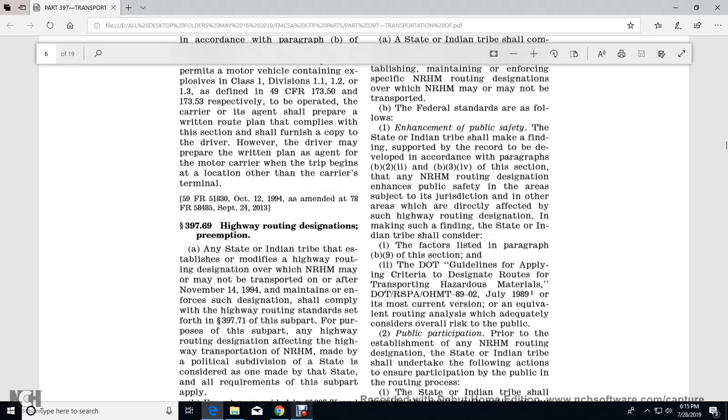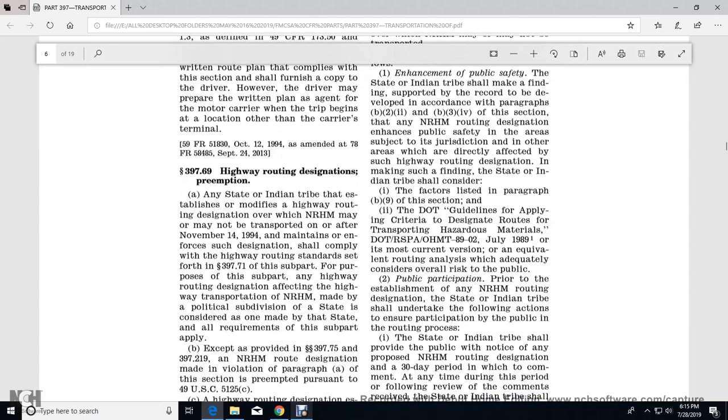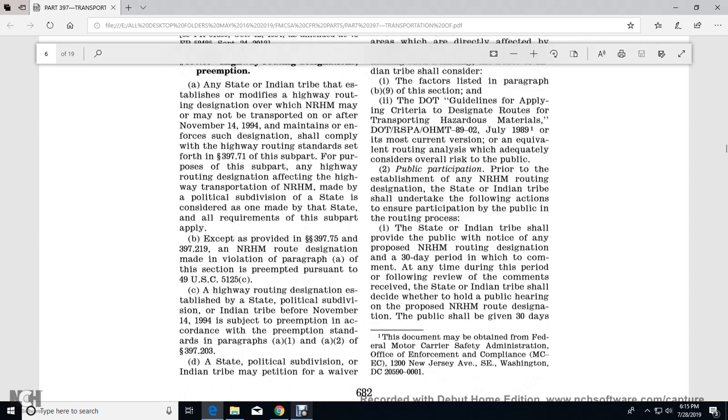The state or Indian tribe that establishes, modifies, maintains, and enforces the highway routing designation over which non-radioactive hazardous material may or may not be transported on or after November 1st, 1994, shall comply with the highway routing standards set forth in 397.71 subpart. For this purpose, a highway routing designation affecting the highway transportation of non-radioactive hazardous material made by a political subdivision of a state is considered one made by the state, and all requirements of the subpart apply, except as provided in